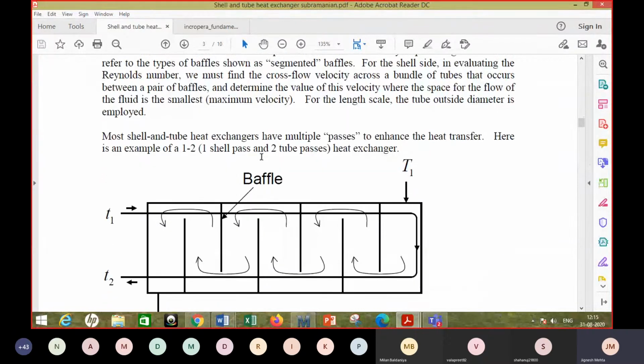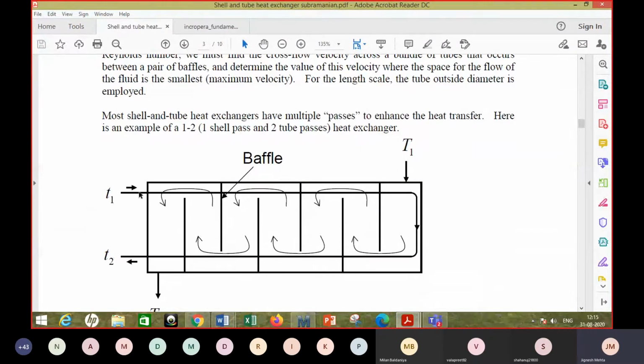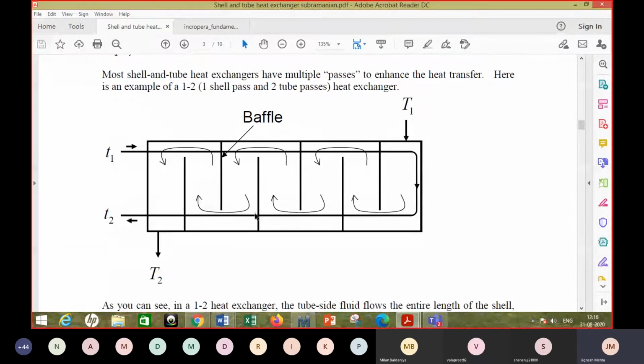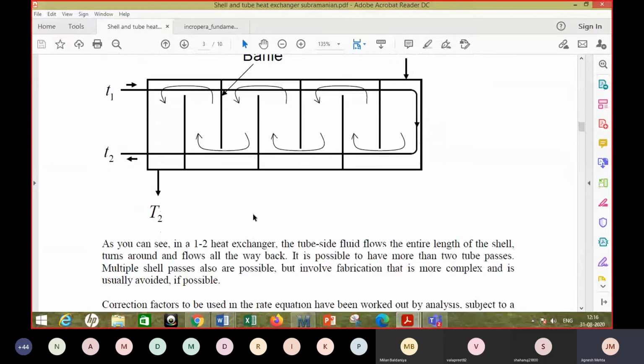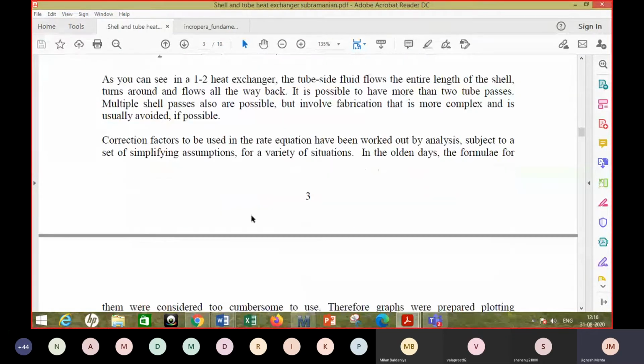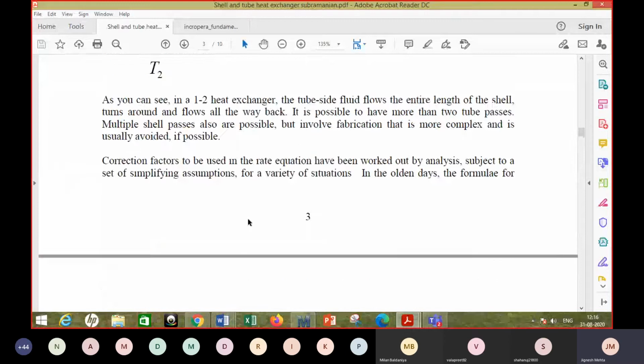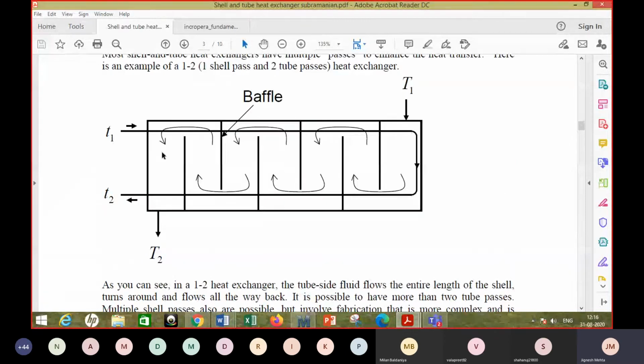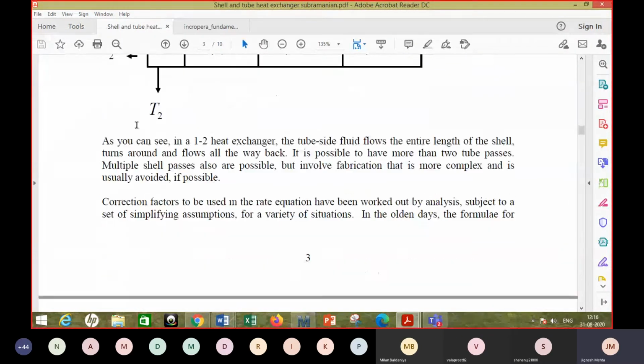And then, as I was talking about, there can be two tube passes, and in this case, a single shell side pass. Okay. Then there are other varieties also possible, as I said, that it need not be limited to two tube side passes. It may be 2, 4, 6, and so on. And again on the shell side, it can be 2, 4, 6, and so on. Right.